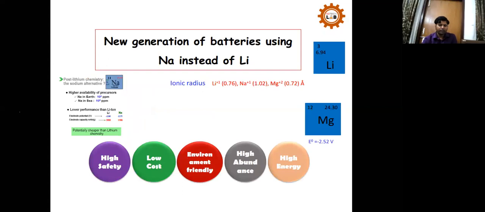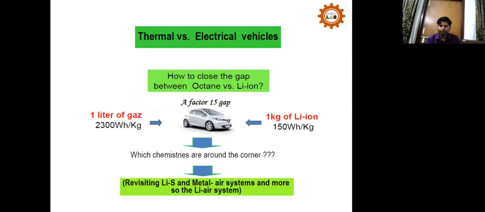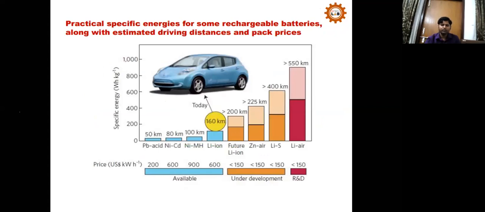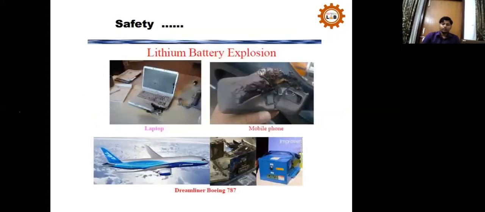So as I have already mentioned, which one we prefer depends on whether we have to give more priority to safety, or cost, or high power or energy. So based on that we decide. I will just skip these slides. Safety, as you already heard, if sometimes lithium ion batteries explode, then it is a serious issue. And this safety issue is very much a concern while manufacturing the battery.